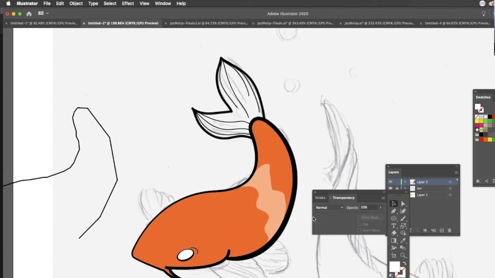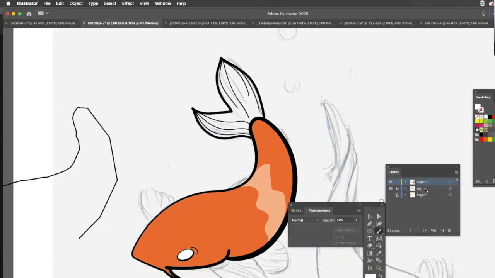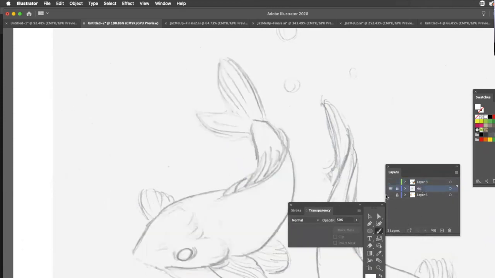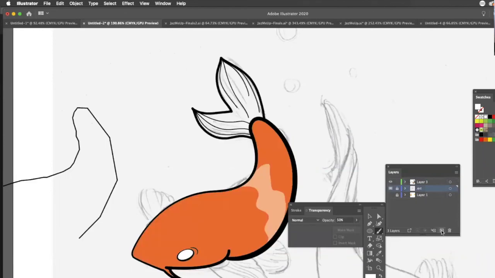Generally speaking, like for example, if I were going to draw this fin over here, and I'm just going to do it real quick, I would probably, because here's my art layer, I can now turn this layer off or keep it on, but I'm going to make a new layer and I'm going to draw this fin. All right, so there's my fins. Now, if I were to pull a color into this fin,